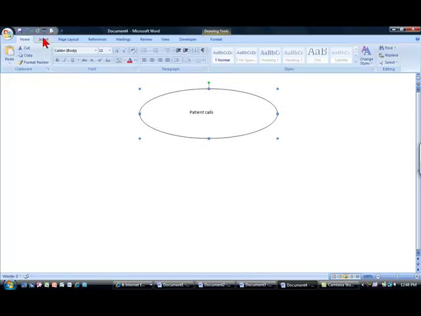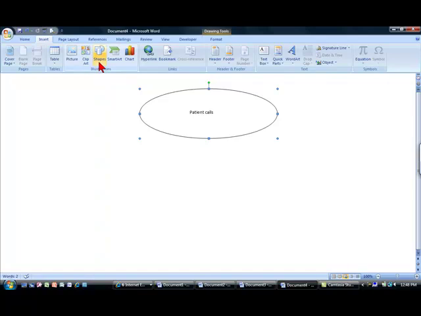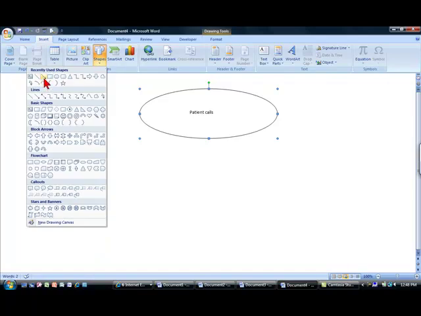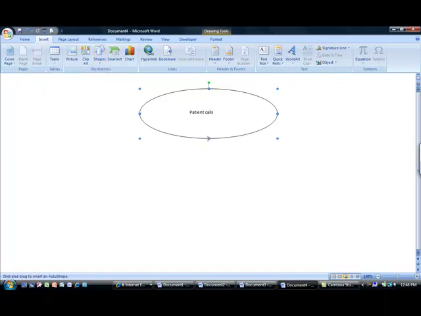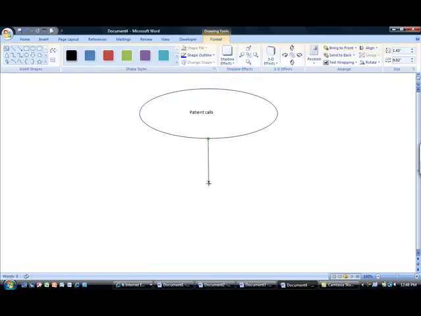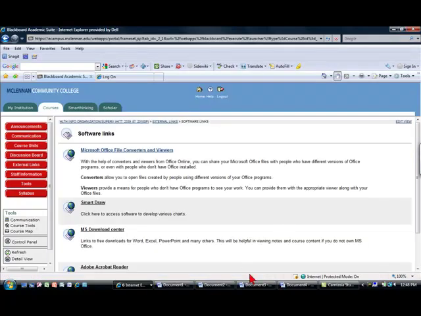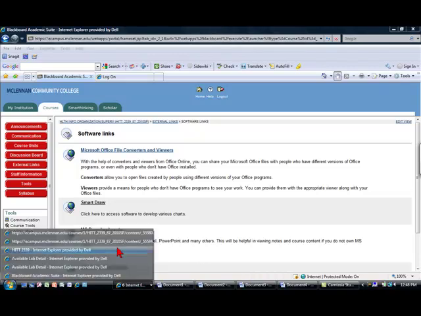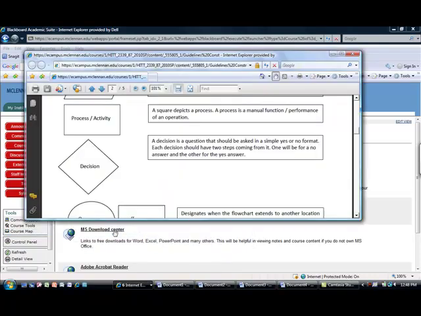And then I would also insert the other shapes that go along with this, such as my arrows and the boxes that follow. And I would align that and save it. So you may use SmartDraw, you can use a Word document, any of the software that is provided for you all to use. Going back to the assignment itself,